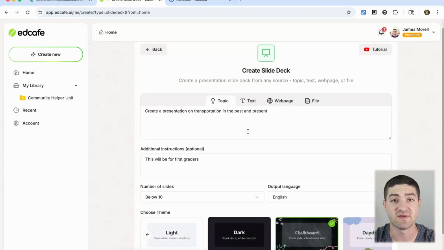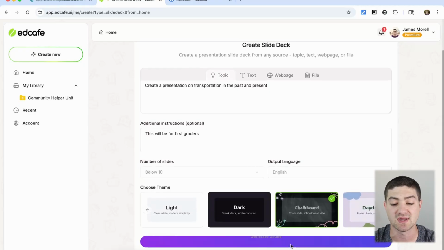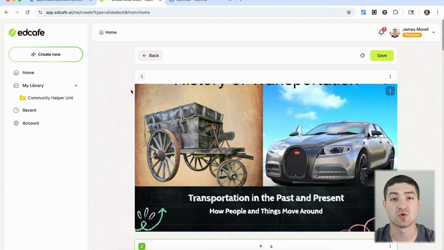So for this one, I'm going to do a different example. I had to create a presentation on transportation in the past and present. This is a topic that we cover in my class. And in the additional instructions box, I made sure to put that it's specifically for first graders. So I'm going to do below 10 slides, English, and then I like the chalkboard one, so I'm going to hit generate slides. After about 1 minute, it created 10 slides for me on transportation in the past and the